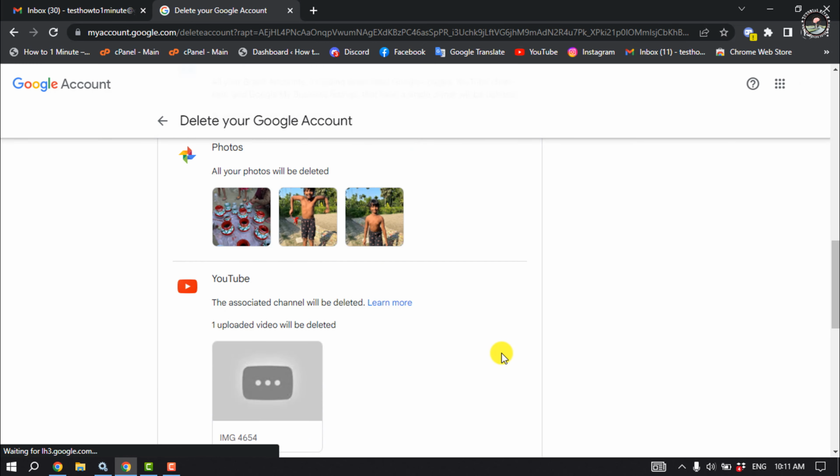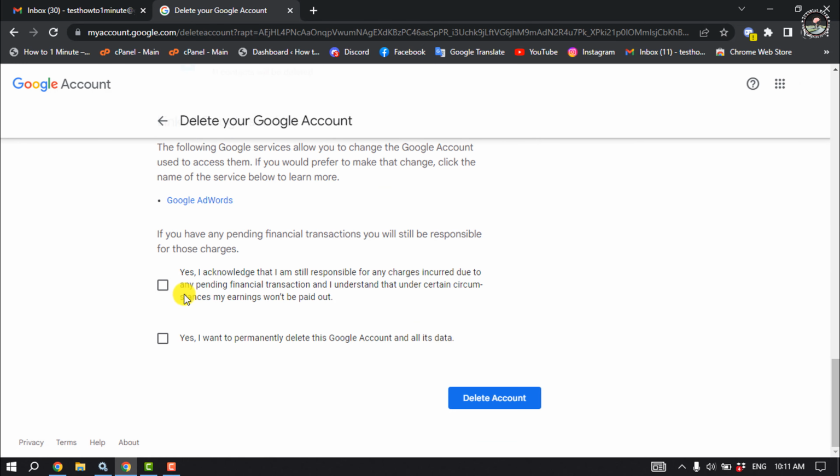And scroll down and check these two options and click on delete account, and then your Gmail or Google account